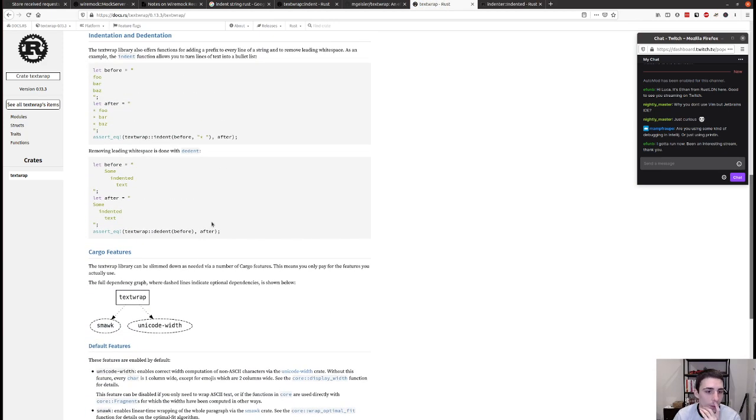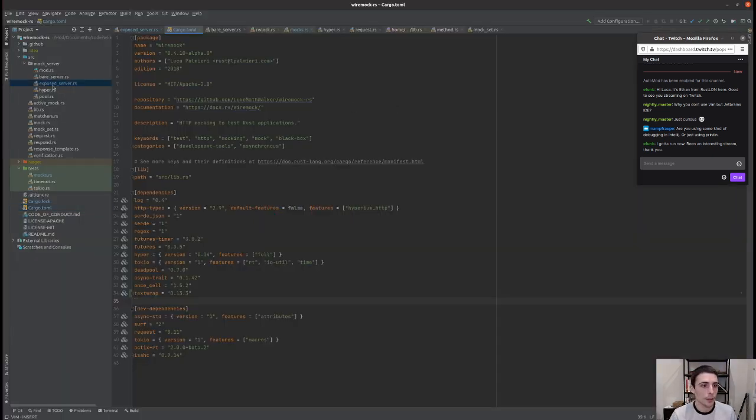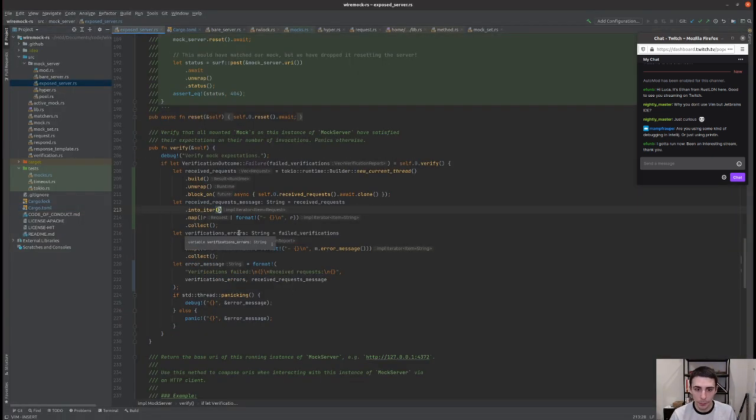And we were looking at this indentation. So text wrap, indent, and then before and after. Okay. So that means that in the expose server, what we want is